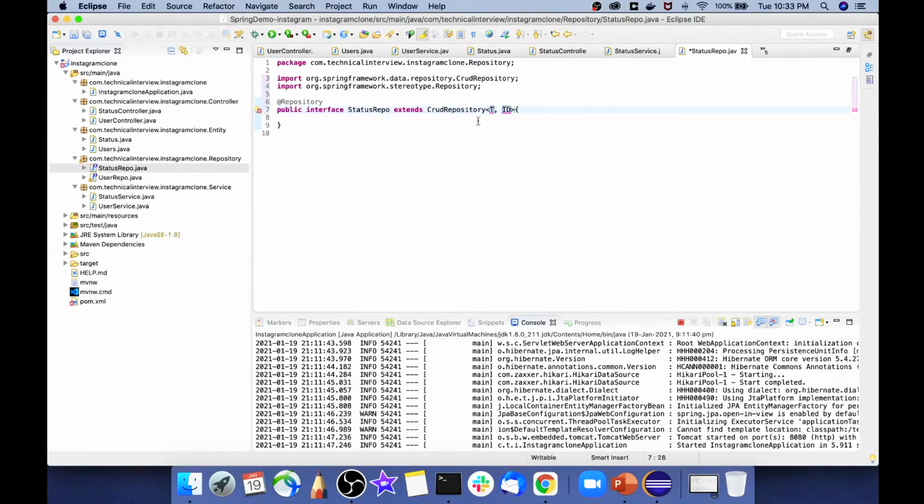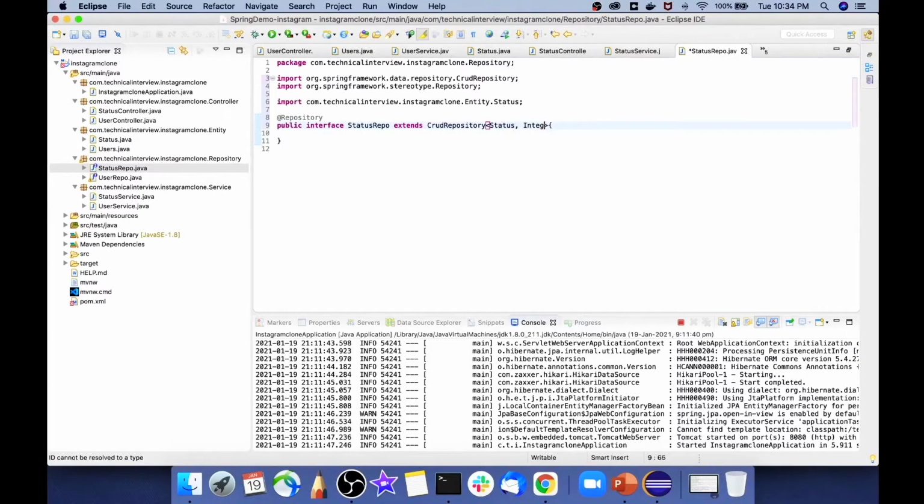Since we are creating an object of the status in our database, in the parameter we will be setting the type of the object as status, and then we have to give the data type of the primary key of status, which is of type integer. So we are done with our repo class. Now let's define the methods that will actually post the data to our database.